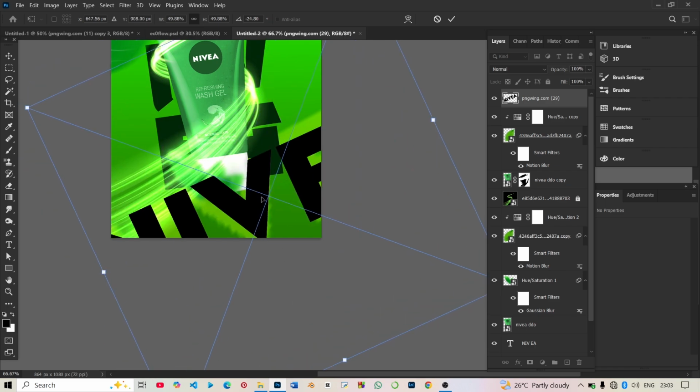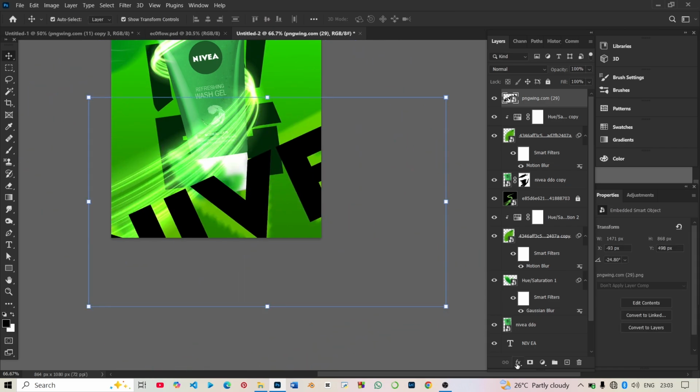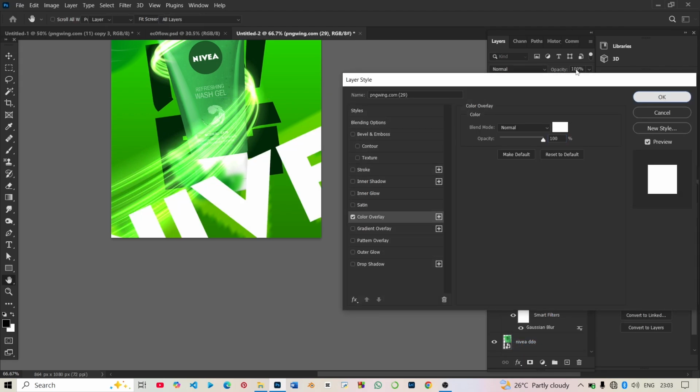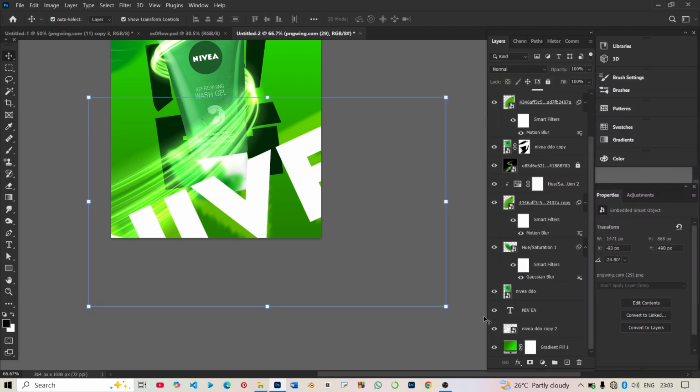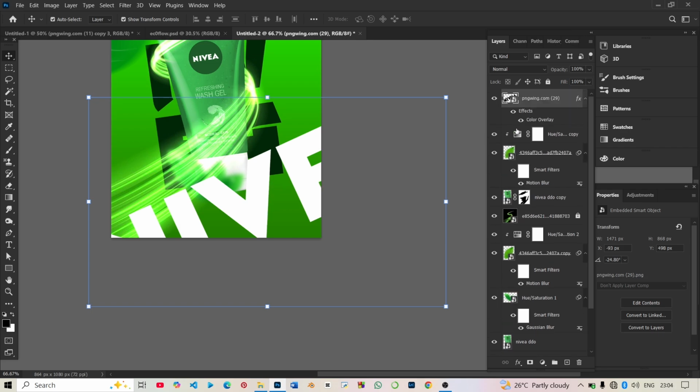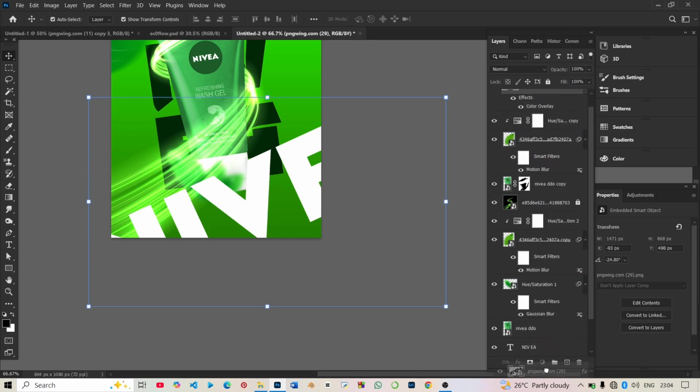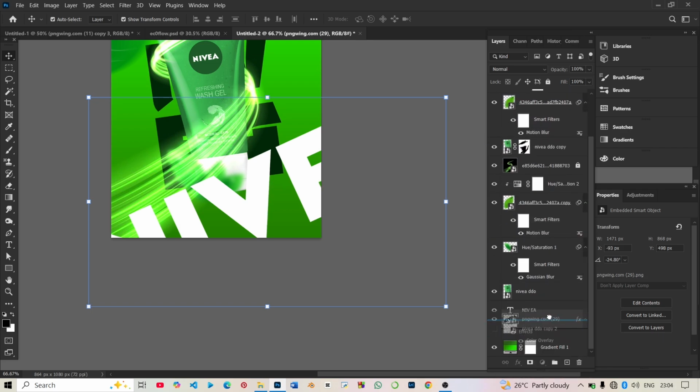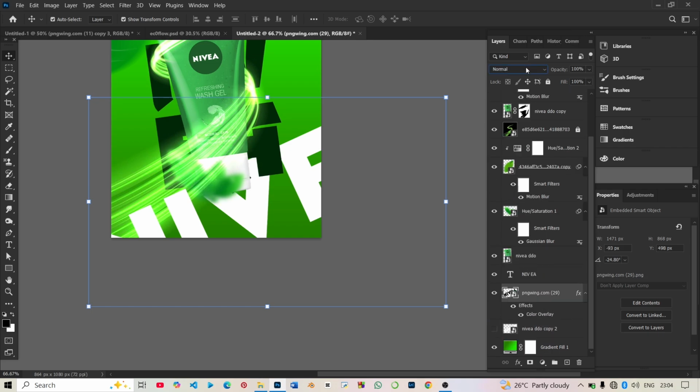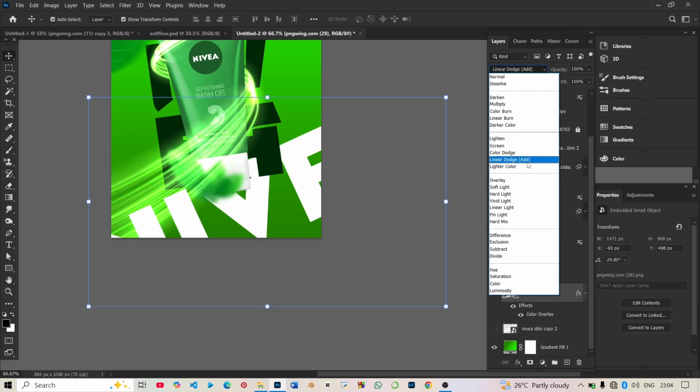Now what I want to do is go to my color overlay and change it to white. Good. For this one I added here, I'm just going to remove this. Now this I'm going to take to the back, just right on top of the background here, and I'm going to blend it using my